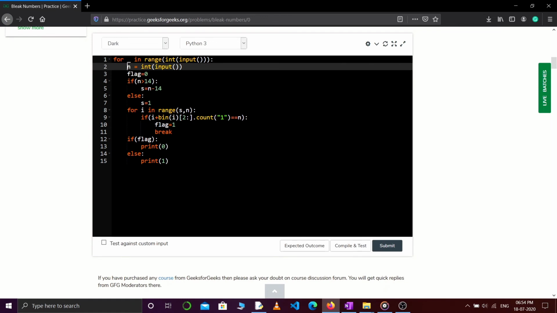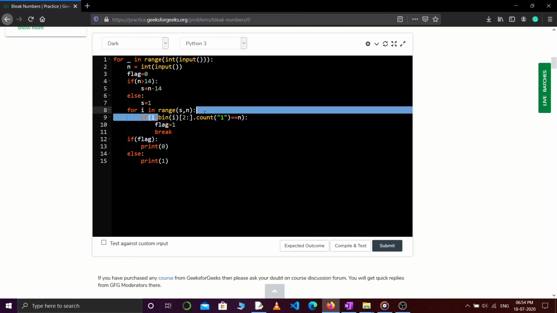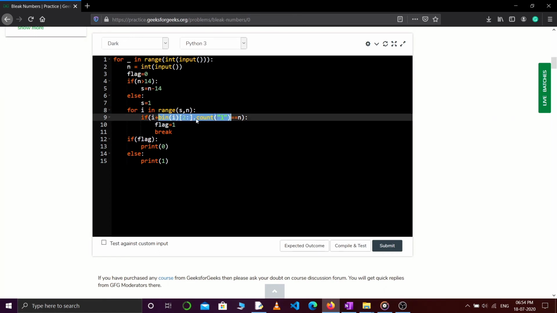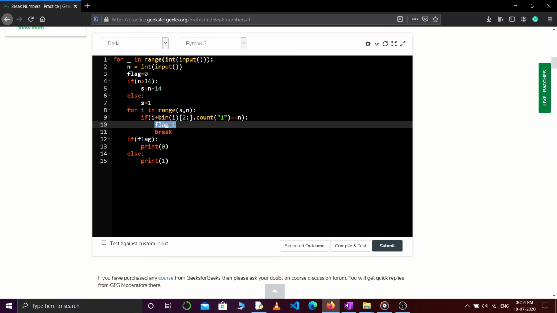Now here we are checking whether x plus count set bits of x is equal to n or not. If in this range we get this condition, then we'll break out of this loop and set flag equals 1.